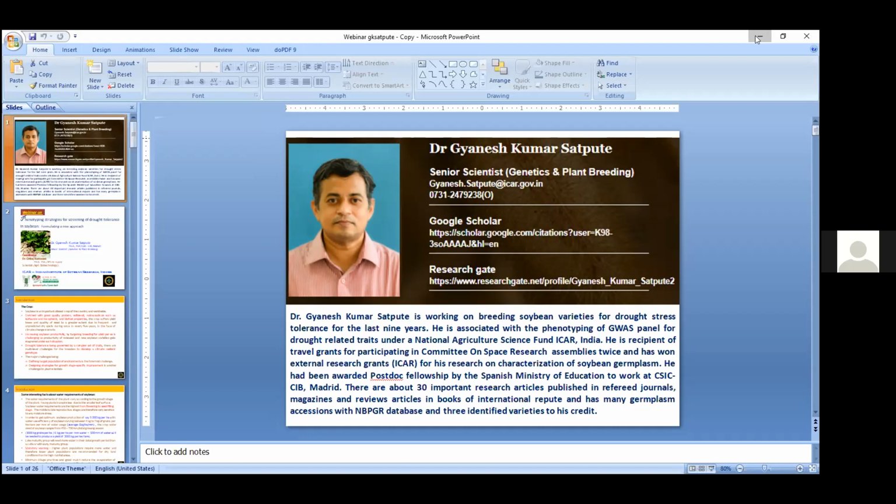Another is my submission: whatever germplasm is available with you should be screened. In soybean, generally there is early season drought, mid season drought, and late season drought. Early season means up to flowering, mid season drought is at flowering, and late season is at pod development. If you screen whatever germplasm lines or sources you have, that will be very useful for further breeding, by creating artificial drought conditions at your locations.